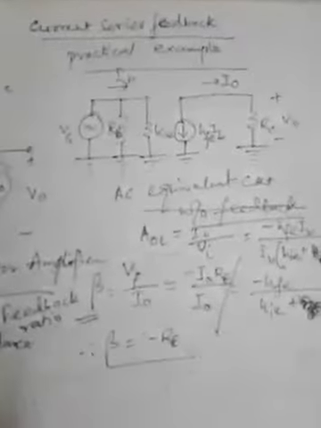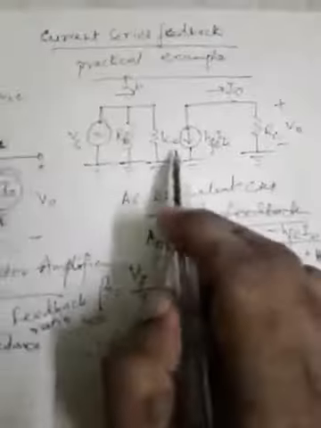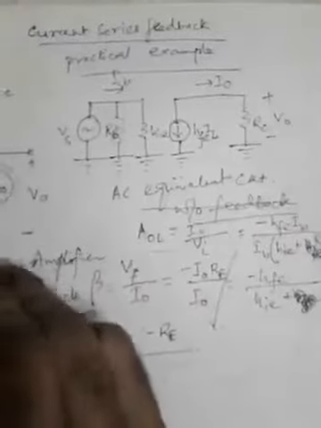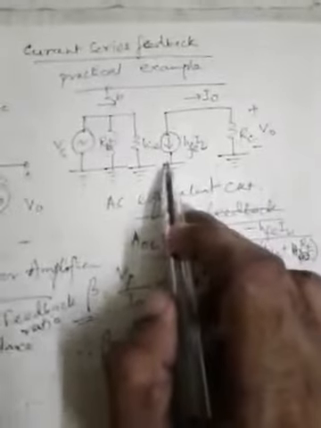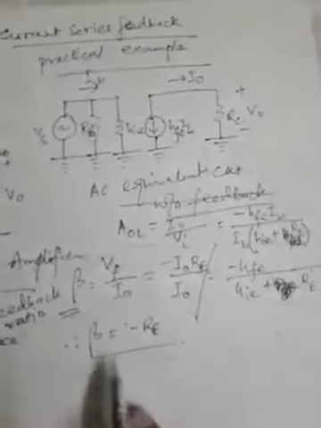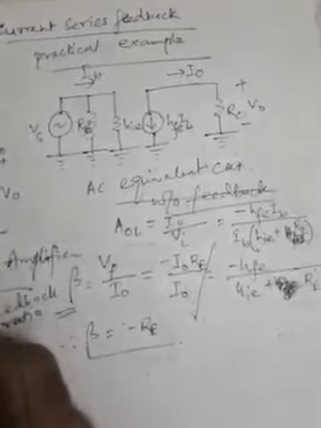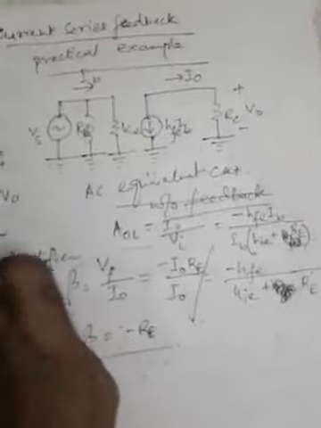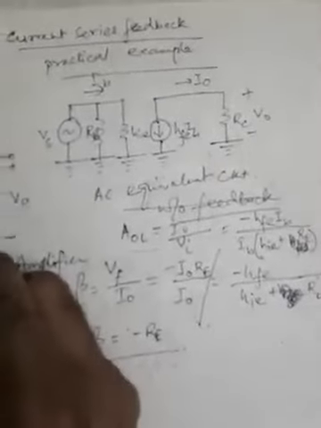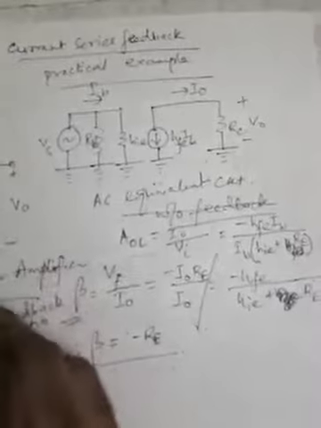Now the question is why RE is not shown in this AC equivalent circuit. Because for AC equivalence, if the AC is bypassed across this RE, that means in the AC equivalent circuit RE should not be present. Since it is being called the AC equivalent circuit, RE should not be shown here. But to calculate the input impedance, this is the whole of the input circuit, where the whole input impedance is dependent on three values of resistances, that is RB, HIE and RE.